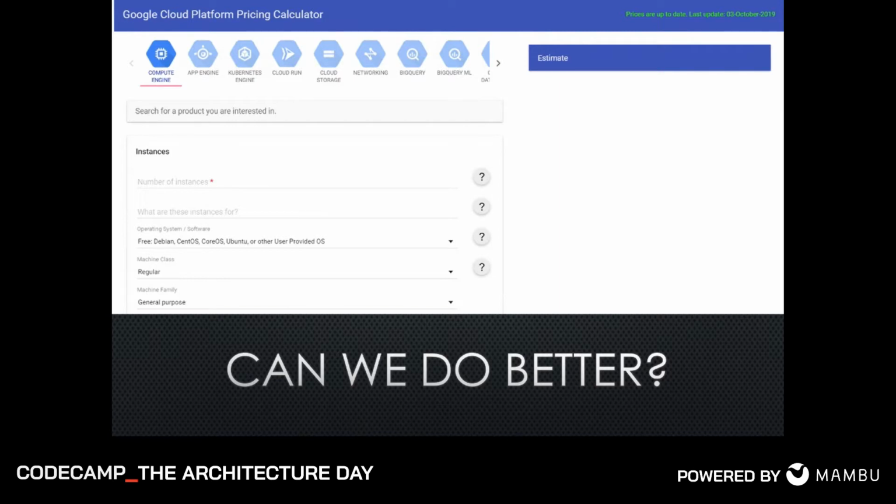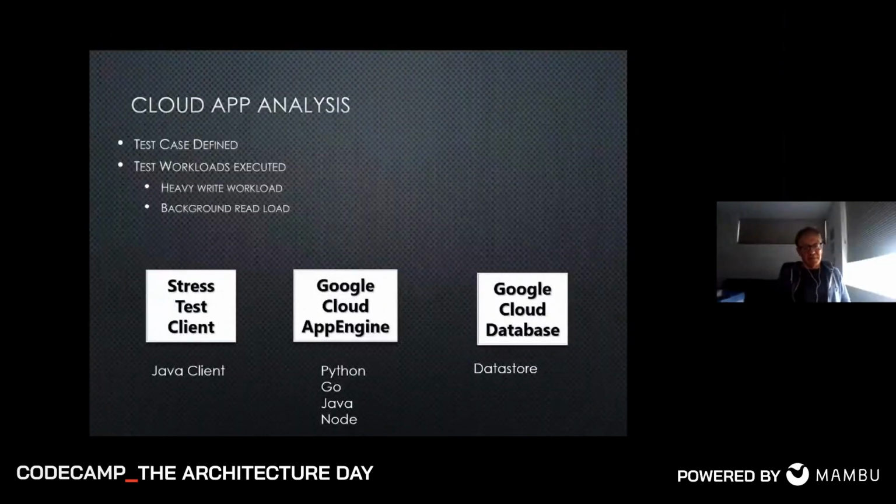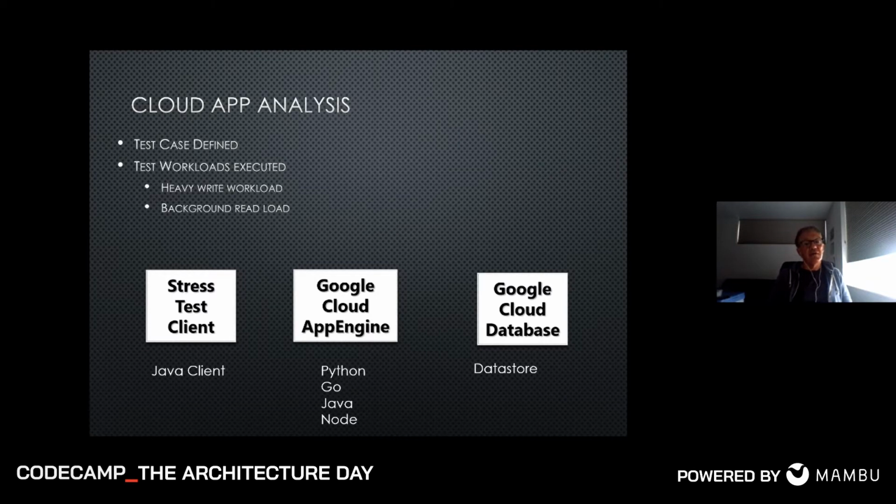So about a year ago, I was talking with some architects around Seattle, and we thought, could we do better than this? And so we came up with an experiment whereby we built a system on Google Cloud Platform right now. We're hoping to move it to AWS pretty soon. And the system just had a workload. I won't go into the details of the system itself, but it basically supports a RESTful interface. And we mostly do post requests on this. So it's a write-heavy workload.